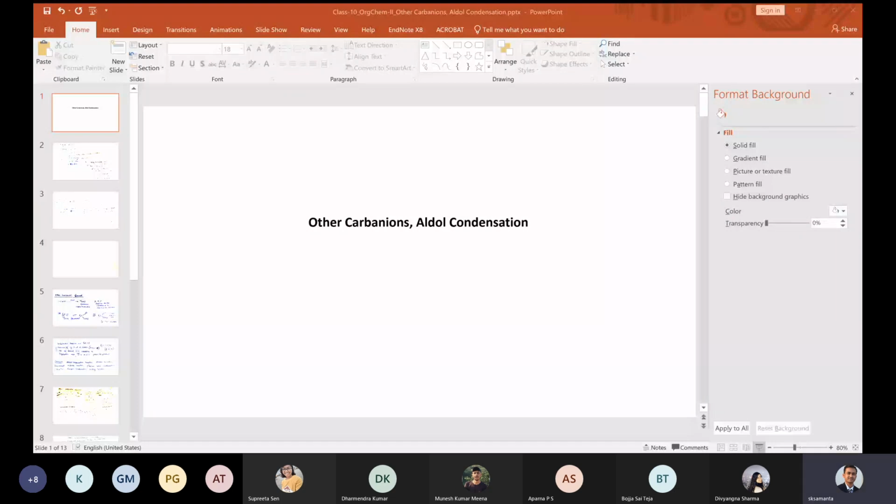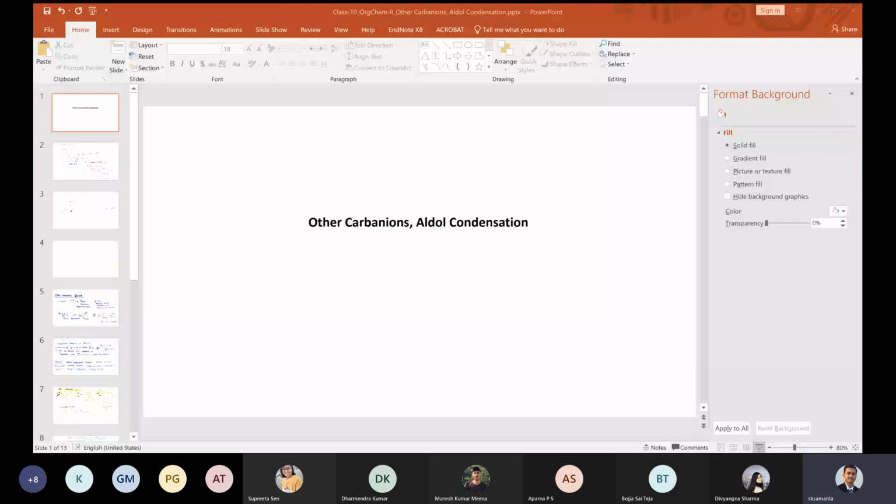Then we have seen how those carbanions behave, how they react with carbonyl compounds. Mainly Grignard and butyl lithium are the ones that are mostly used, and those are basically in your syllabus for this topic. There are only a few other carbanions, but they have a separate category of name reactions. We will see those name reactions one by one. So let's see first what are the other carbanions that we can look at.